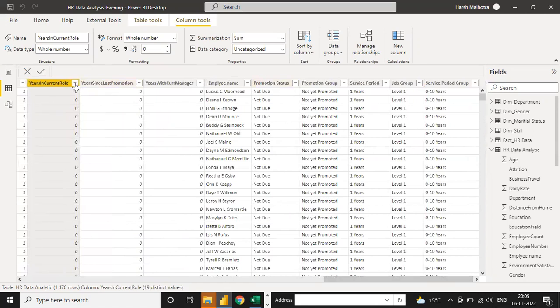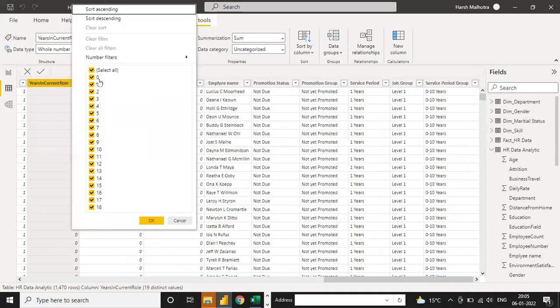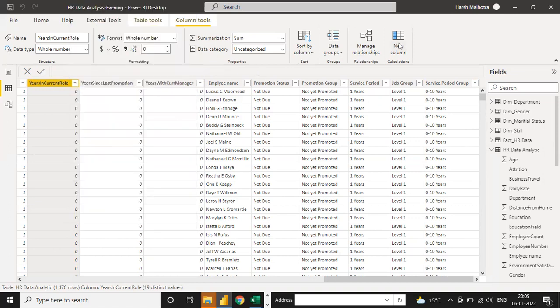So click on this year at current role option and you can see 0 to 18 years of total experience. Suppose if any employee has more than 15 years of experience in the same current role and they are not yet promoted, it means they are looking for a job change. Okay, so it means greater than 15: 16, 17, 18. So these 3 years of experience persons are looking for a job change. It means they fall under retrenchment, and up to 15 is on service. So we have to write a condition here, a new column.